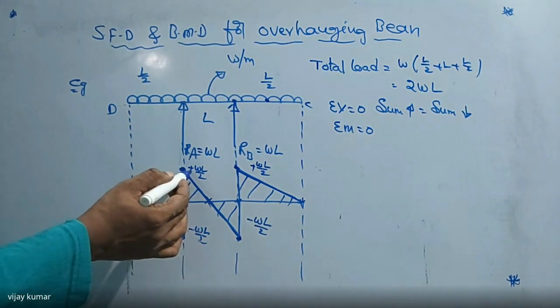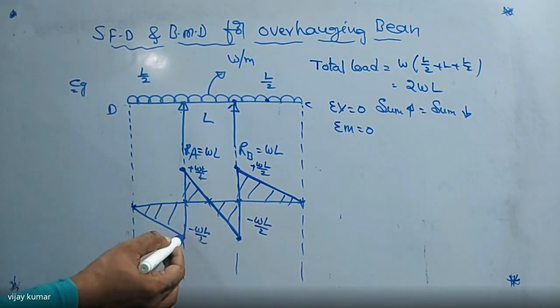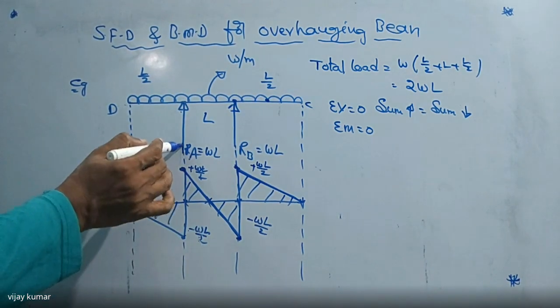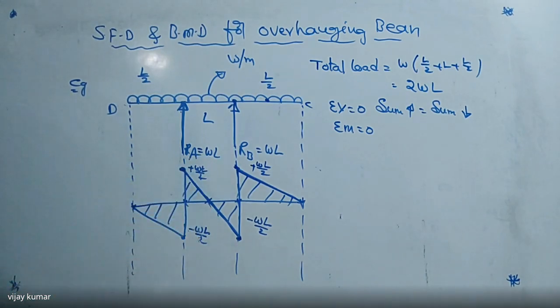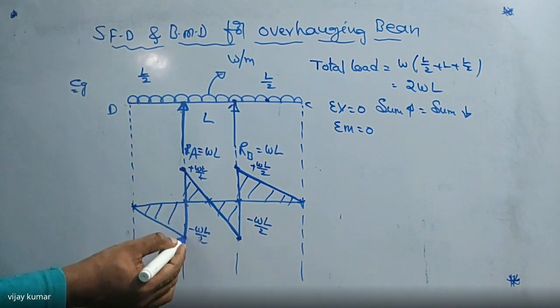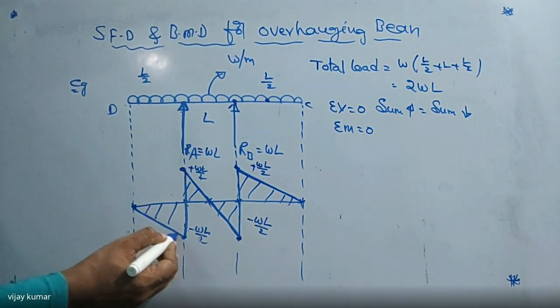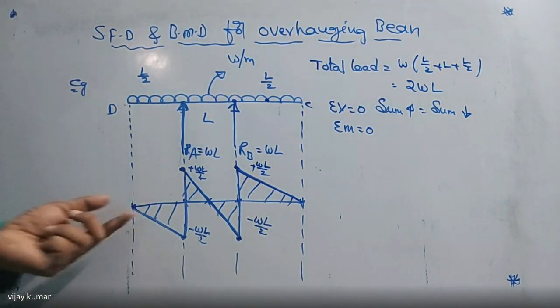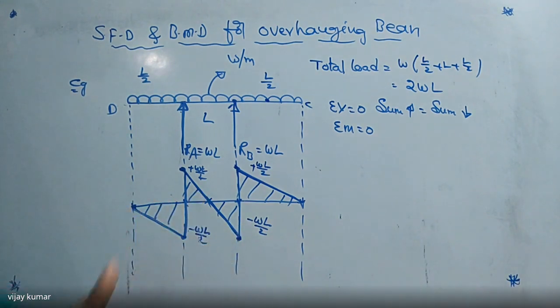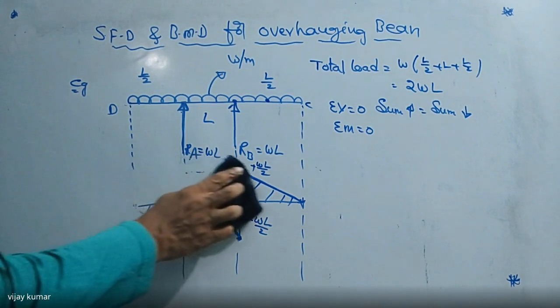So we get the same value here, WL by 2, and again here minus WL by 2. Why? Because this force is moving in the upward direction, it is negative. Minus WL plus WL by 2, then we are getting minus WL by 2 here. We can indicate from this point in the negative direction, and again here it is 0. It is joined by a triangle, because from this point it is a uniformly distributed load. So this is the diagram of shear force. Now, I want to draw the bending moment diagram for this case.